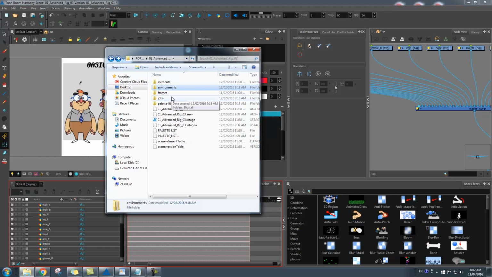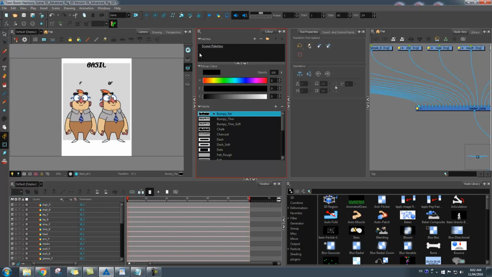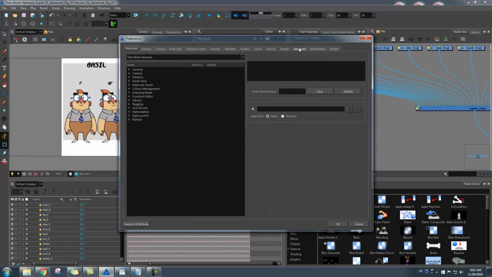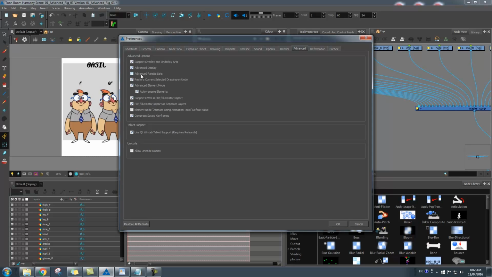So when we create a new scene, and if you have the advanced palette list setting added right here, if you go under Edit, Preferences, we may have touched on this a little bit earlier in the series of tutorials. So Edit, Preferences, Advanced. I have Advanced Palette List here. If I want to have more control on where my palettes go, I will enable this feature and press OK,